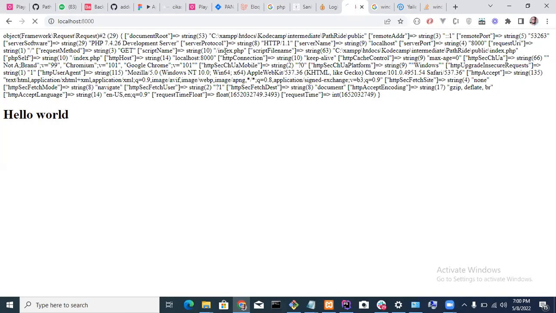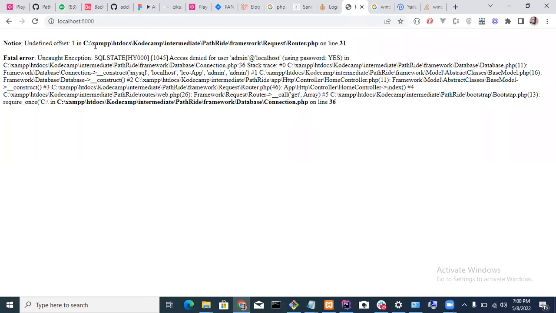Define offsets. Where is this one happening?